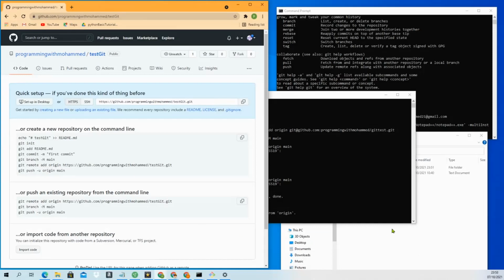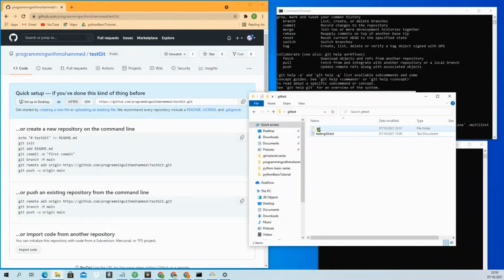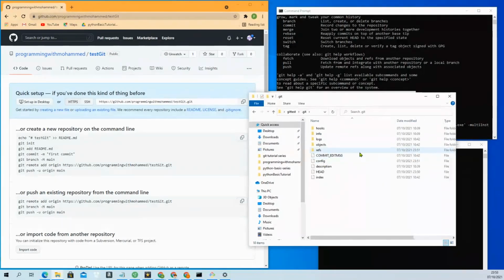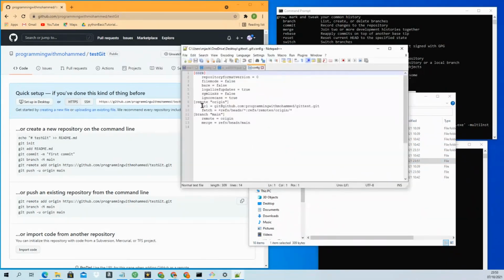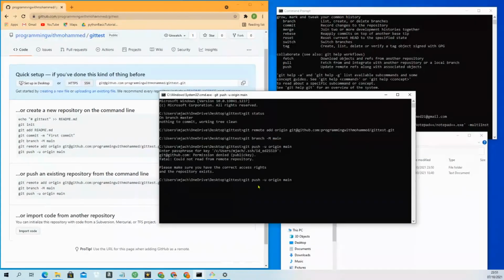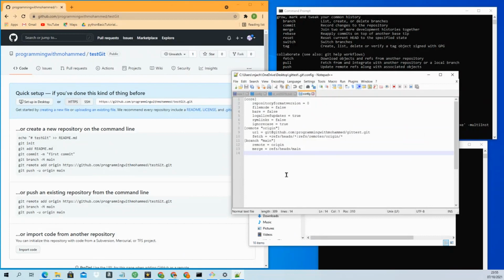So remember last time I was saying that if you go to the .git folder, there is a config file, and there you will see the config URL, this one. It will ask me for the passphrase which I created for SSH, a more secure way to transfer your files from local to the remote. So my passphrase, I'm just going to put it here. If your Git repository is set up with HTTPS, you will see over here